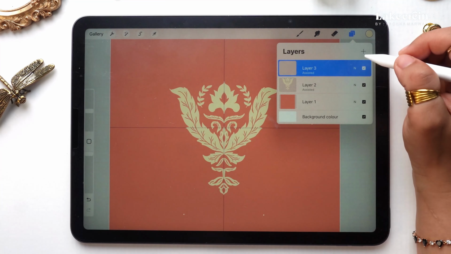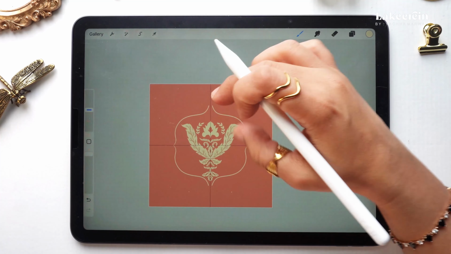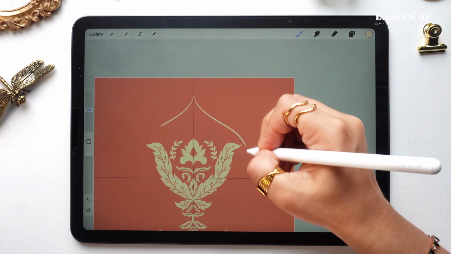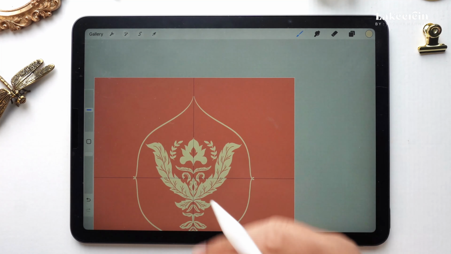Now I'm going to take the same brush, but this time what I'll try to do is create a shape which is going to be like this. It might not come in one go, so you keep doing it again and again. I think a little bit longer could work, something like this. So basically we want a shape like this. It's an OG shape basically. When you try, it might not come in one go, but you try multiple times.